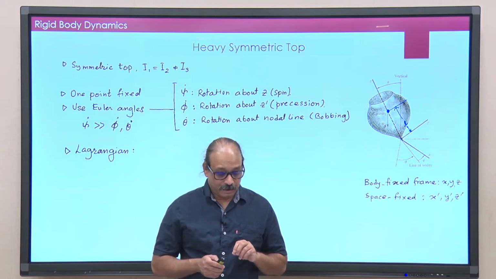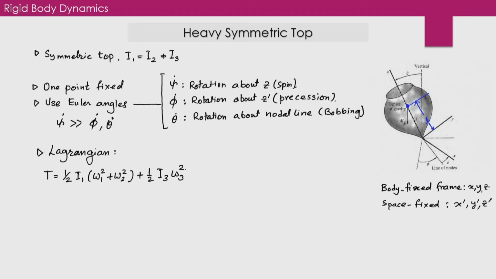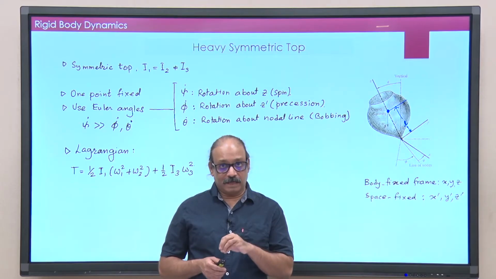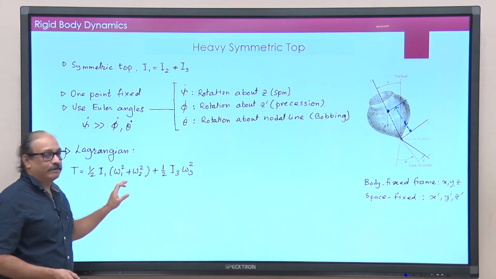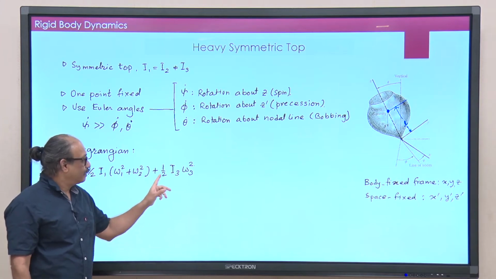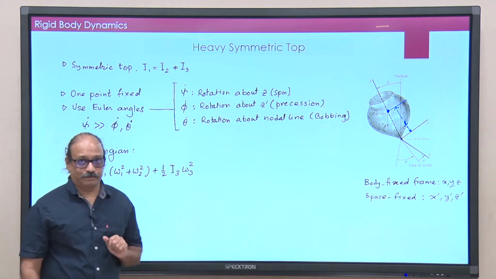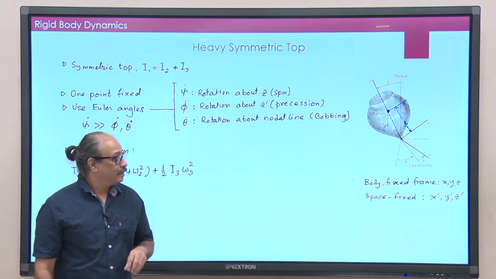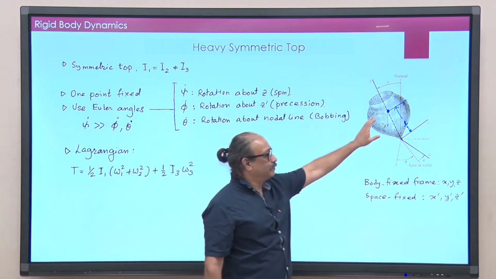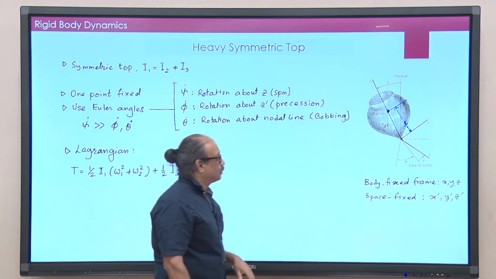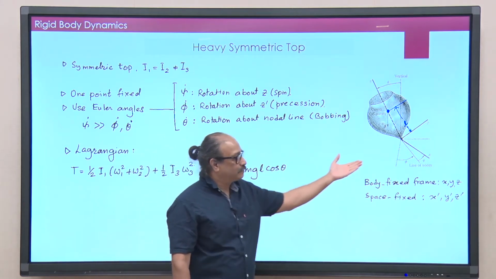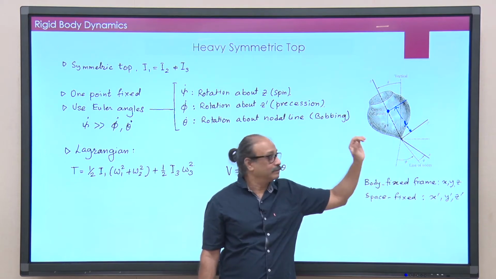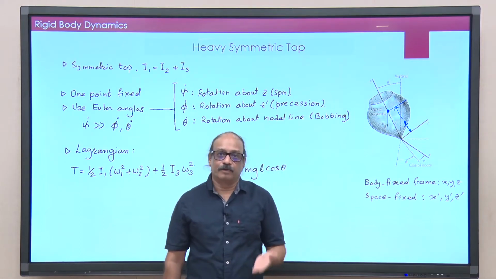I am going to write this Lagrangian in the body fixed frame. Okay. So, in this case the kinetic energy will simply be I1 omega 1 square by 2 plus I2, but I2 is same as I1. So, I have written it as I1 into omega 1 square plus omega 2 square, and plus of course, I3 omega 3 square by 2. What about the potential energy? The potential energy is entirely due to the mass, because there is gravity acting downwards. So, the potential energy will be equal to mg into L cos theta, that is basically the height of the center of mass above the ground.